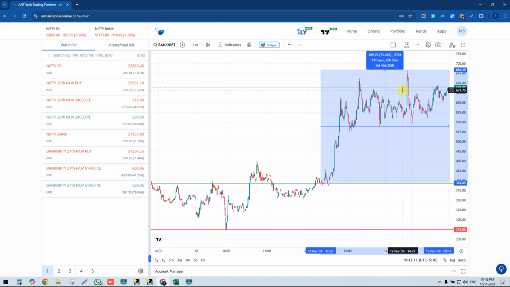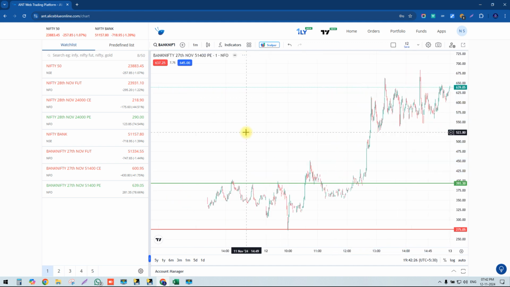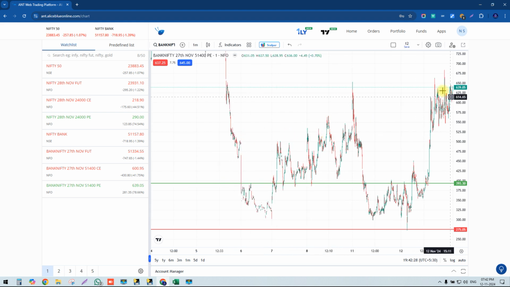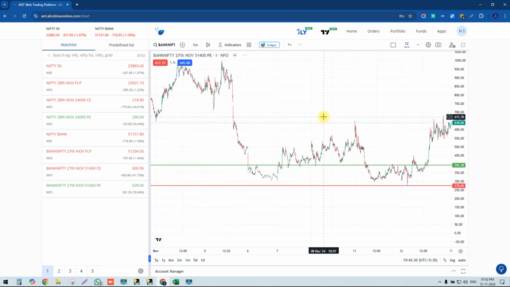Obviously there is a bearish in call option, means there will be a bullish in put option. Okay guys, this is how our breakout strategy works. And guys, I'll just show you how the market fell from our 5th of November. Yes guys, there is a 5th of November here. See, almost, this is a Bank Nifty put option. Okay guys, this is our breakout strategy.